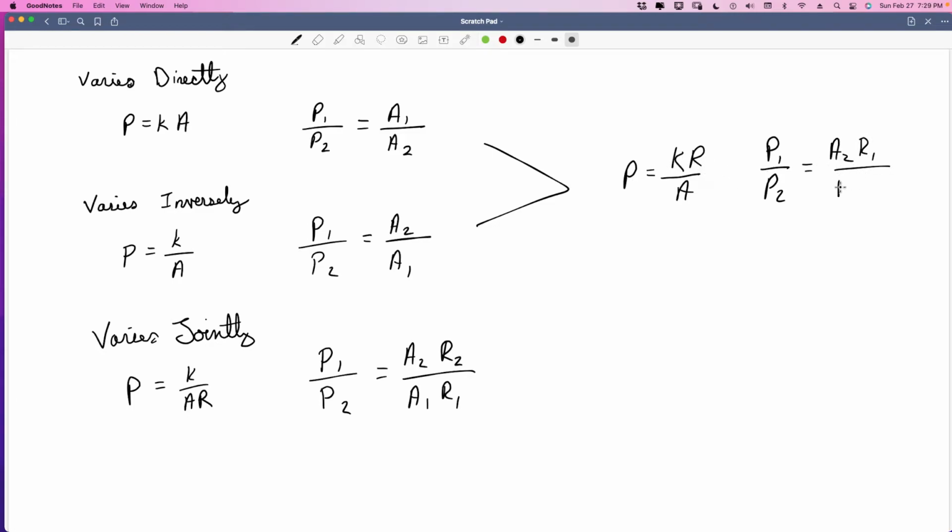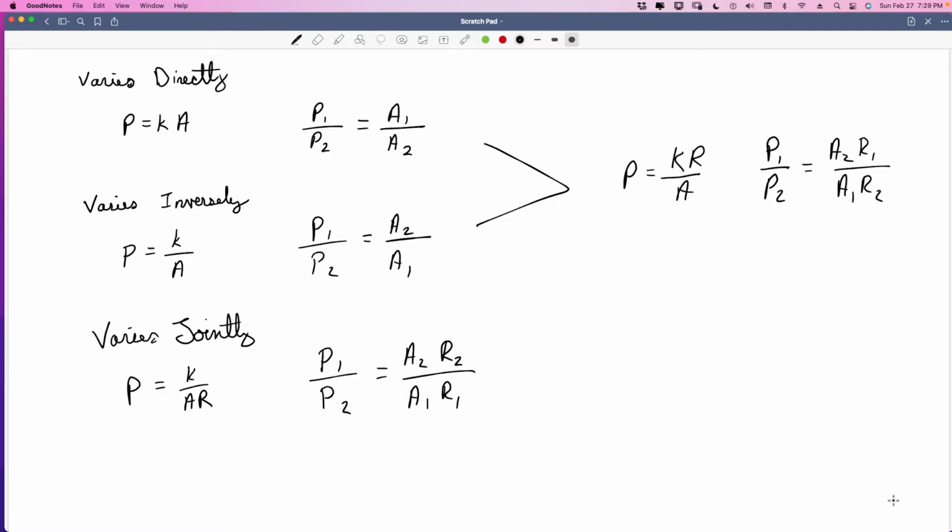If they have different variations, one directly and one inversely, that's what you would have. All right, so let me pause this and write